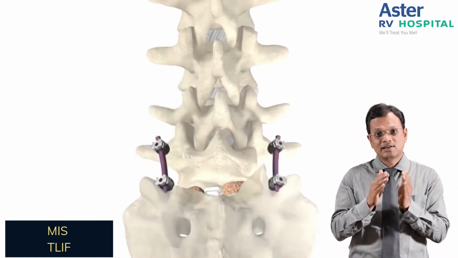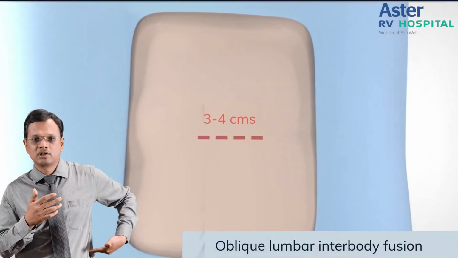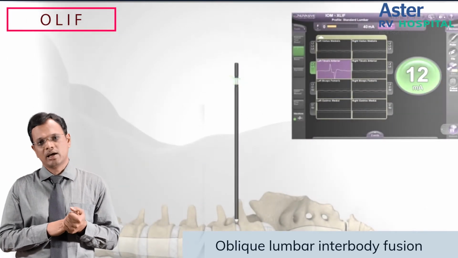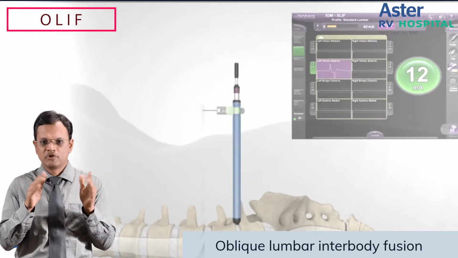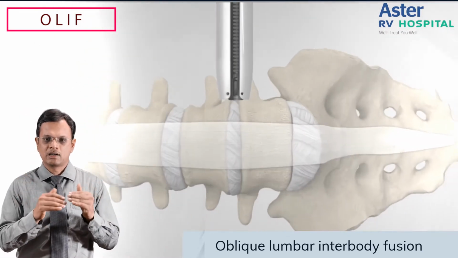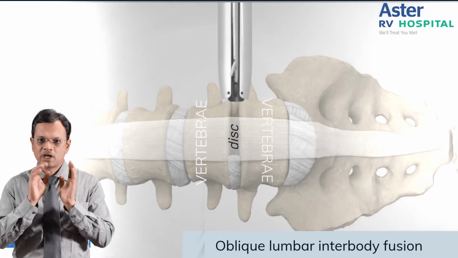Of course, this still entails some amount of damage to the nerves, and post-operatively some irritation of the nerves can happen. So the newer technique that is emerging is where we do surgery from the side, what we call an OLIF procedure. There we don't touch the nerves, we just come outside the spine, outside the muscles, we don't touch anything in the back, and then we come from the side, and then we can put a large cage inside the disc space